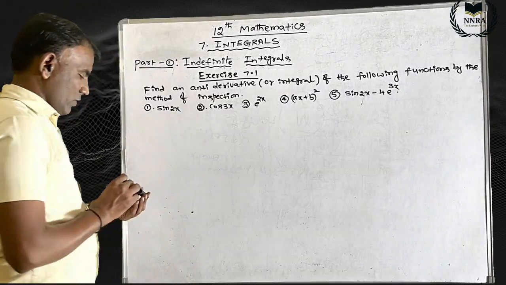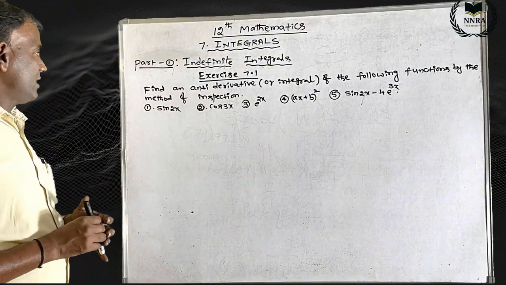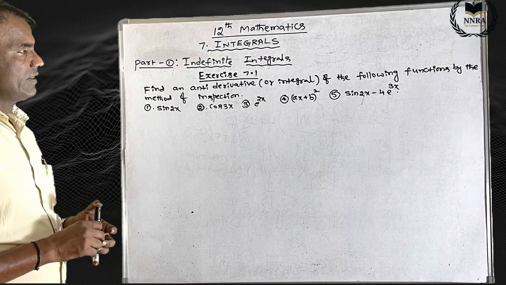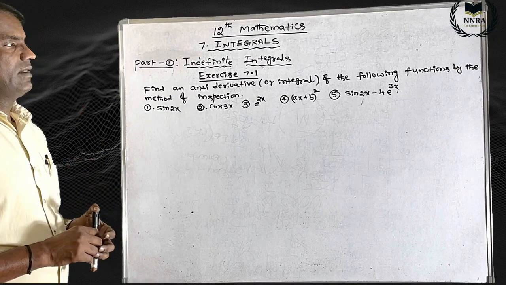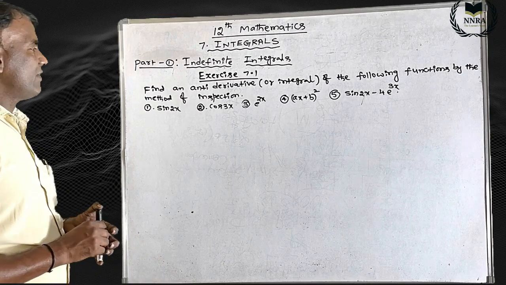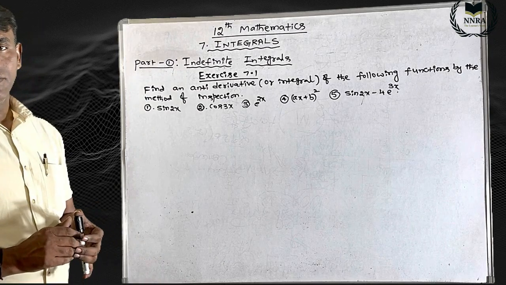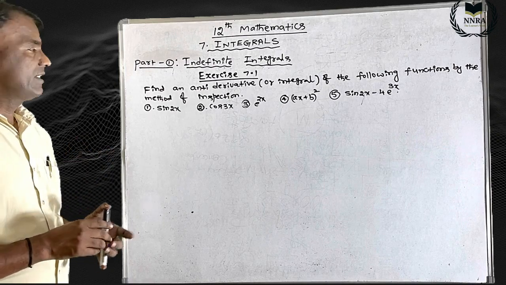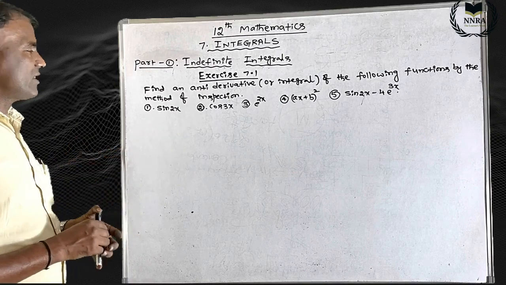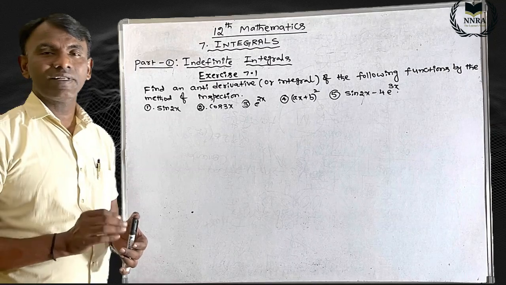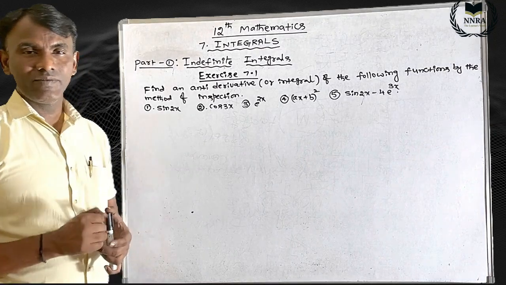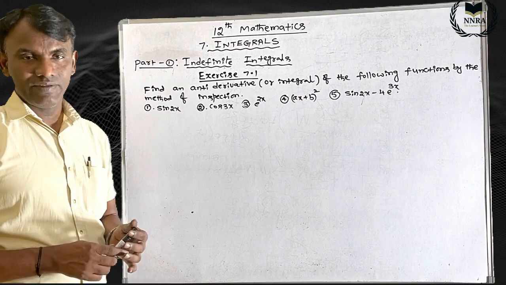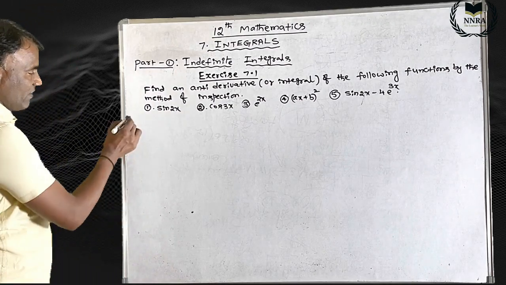Okay. Now exercise 7.1. In that first section, find an antiderivative or integral of the following functions by the method of inspection. So antiderivative is nothing but integration only. Method of inspection means generally we can use the substitution method, but for this it is not required. Direct formulas are there now, we can use that. By using that formula, we find the required value of the given function. Okay. Now if you take the first question,